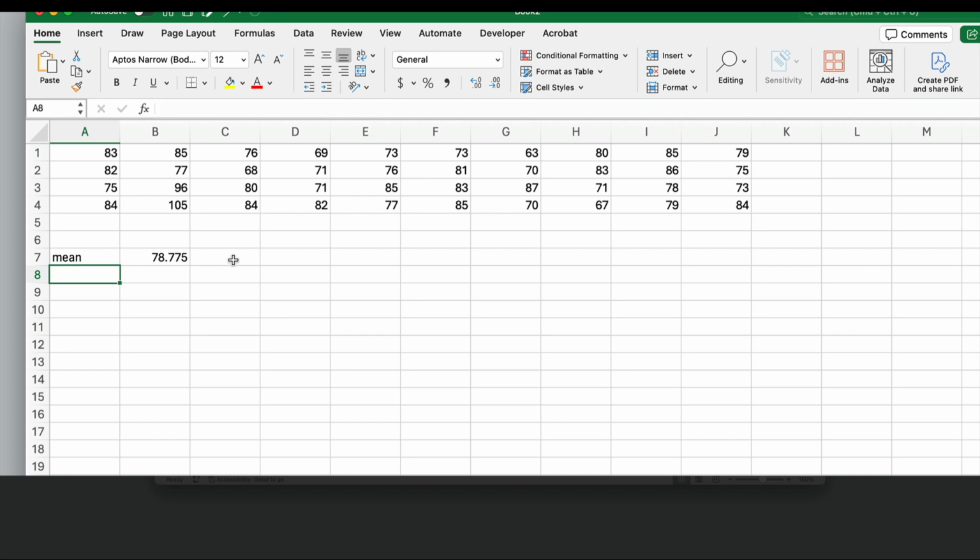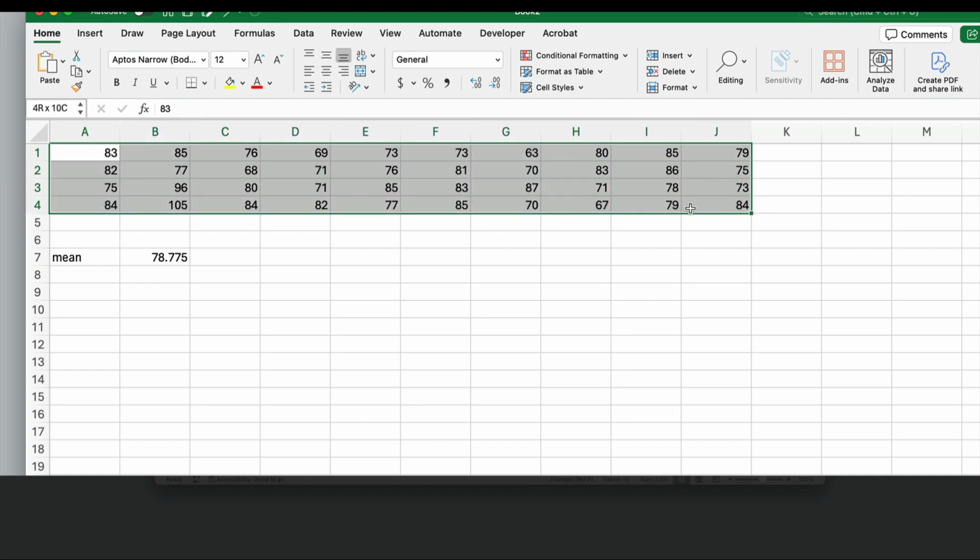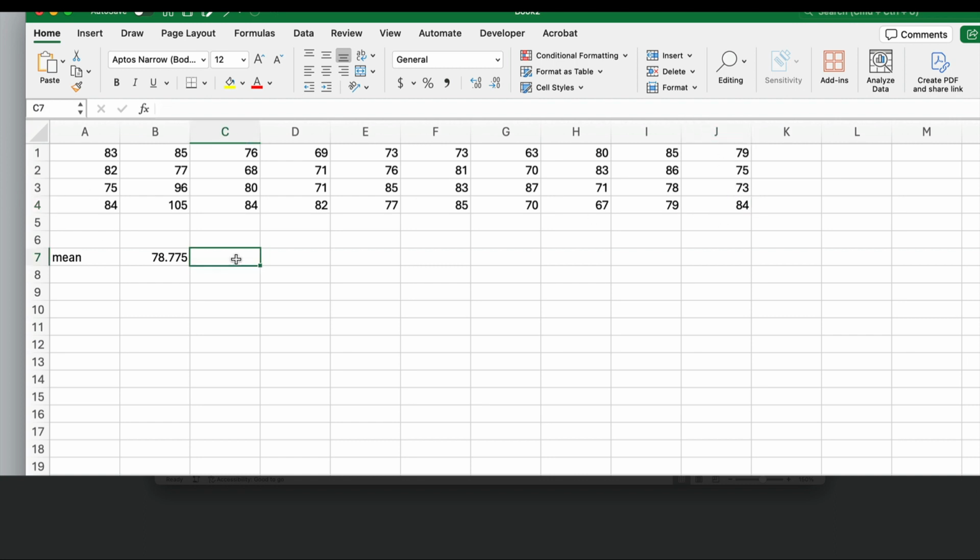Sometimes people have trouble highlighting the data, and sometimes it might be easier to just type in the range of data values. So for instance, we know our data starts at A1 and finishes over here at J4. So we could alternatively go